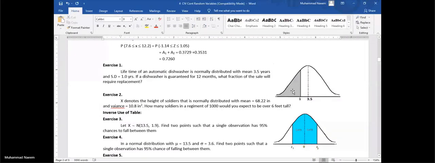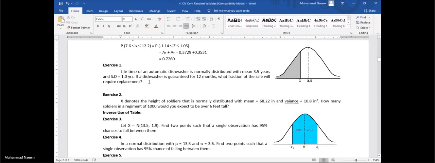So we need this area below this decision point. If we need to find a fraction whose claims are not accepted, we need the probability for x greater than 1. This area is needed. So this is the explanation of the problem. We have explained our problem in a good manner.